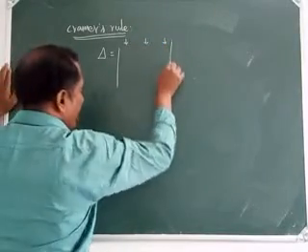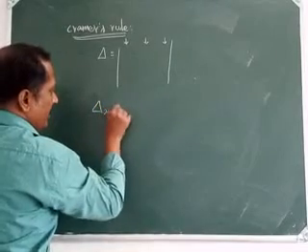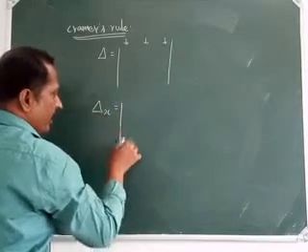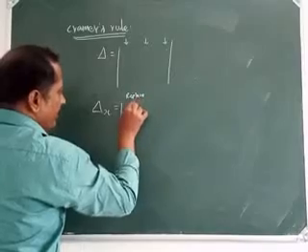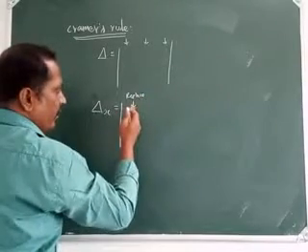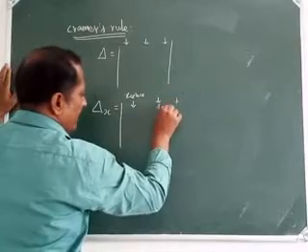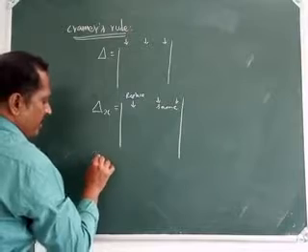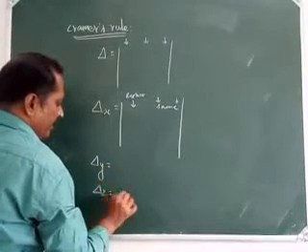And then second, you have to calculate delta x or delta 1. Delta x is equal to delta, but you have to replace the x column by the constant values, and the second column and third column are the same columns. Similarly, we have to find delta y and delta z.